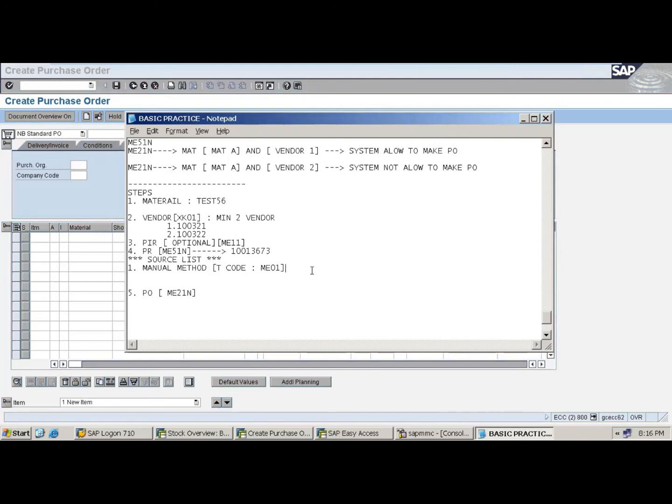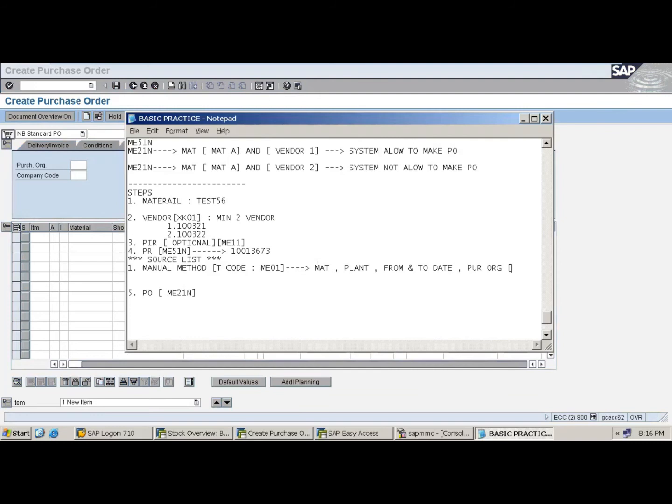So what are the prerequisites required here? Material is required, then plant is required, then valid from and to date, and purchasing organization is required.